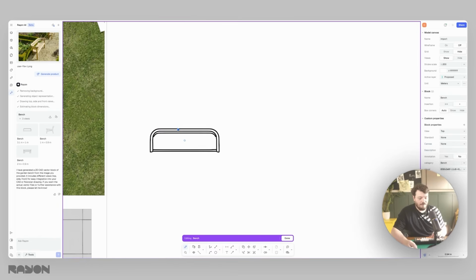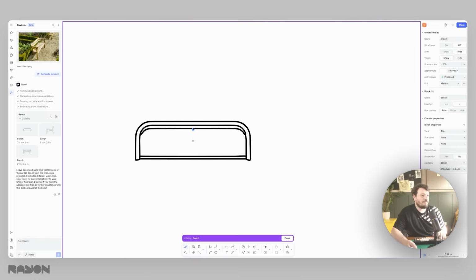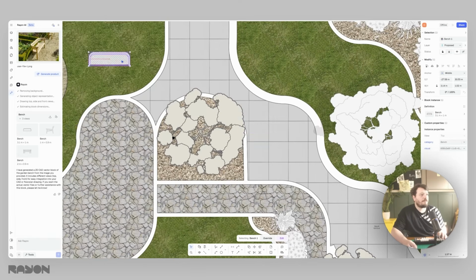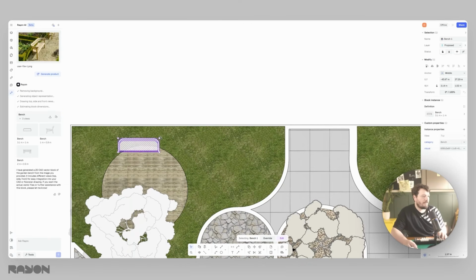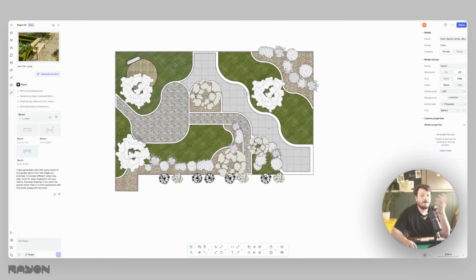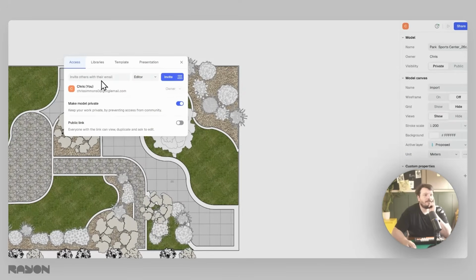I can even give these elements fill, for example. Again, that means that when I drag it onto my drawing, say, so I have it over here, it has a level of transparency, but gives itself a fill. That's perfect. And the really useful thing is that say you have a set product that you use very frequently. You could build that in Rayon, save that as your block element, and then share it with your team. So say you had that as a block, all you would need to do is go to share over here,